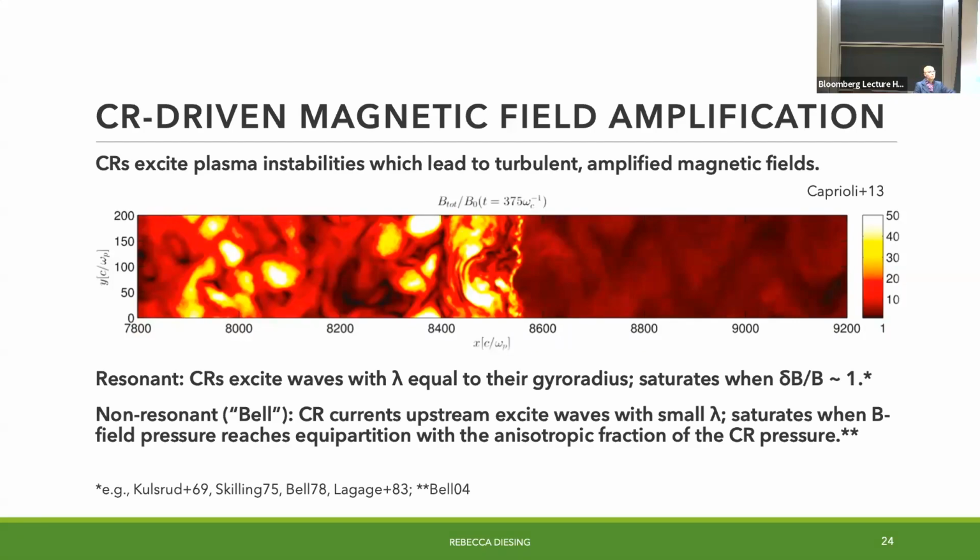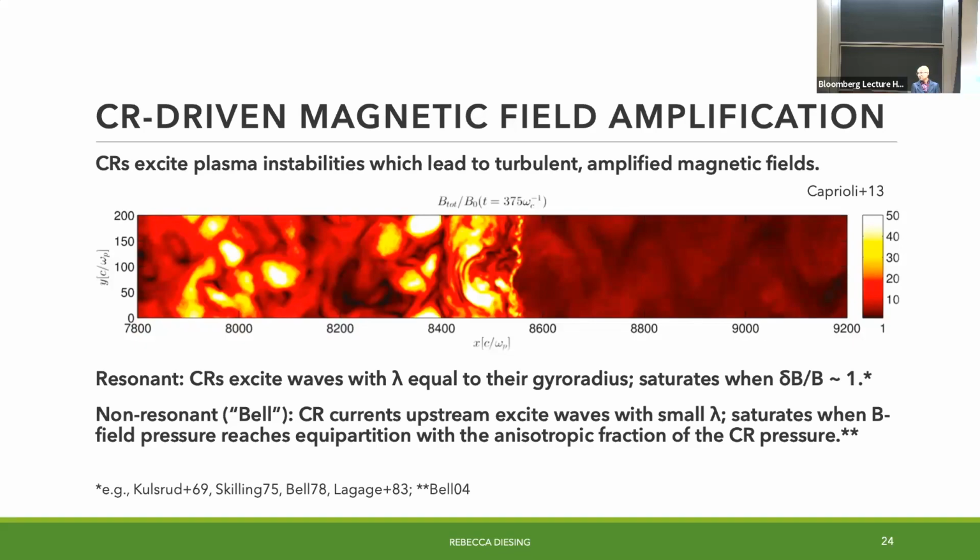And if you have a current of particles leaving the shock, you're also going to have a return current to neutralize. And so that return current is actually going to cause the magnetic field to puff out. It's going to start to tangle it, and you actually create this instability in which you can have strongly amplified turbulent magnetic fields. This is expected to saturate not at delta B of B of order 1, but when the pressure that you have available to you in drifting cosmic rays, so basically the pressure in that current, is of order the magnetic pressure. So there's kind of an equipartition argument that you can make here. Delta B over B then is much less than 1.